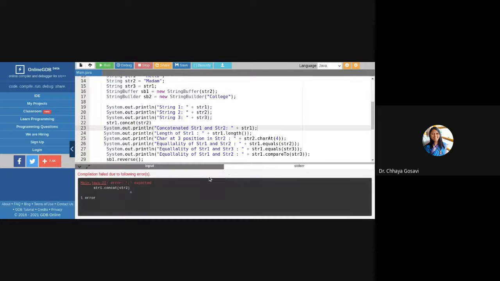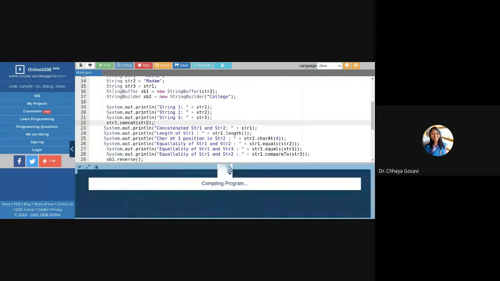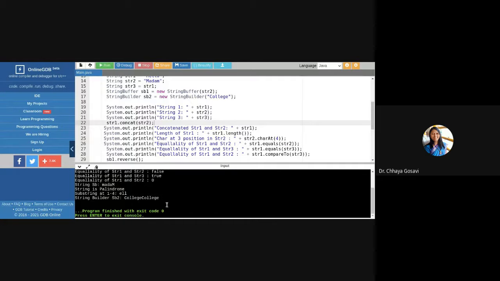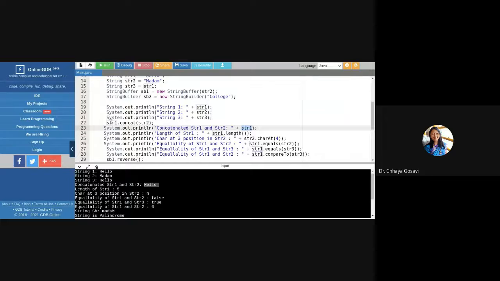Will the original string change or not? It is just printing hello. str1 is not changed. This concatenation has created one more string, an object on the string heap that we didn't have defined.